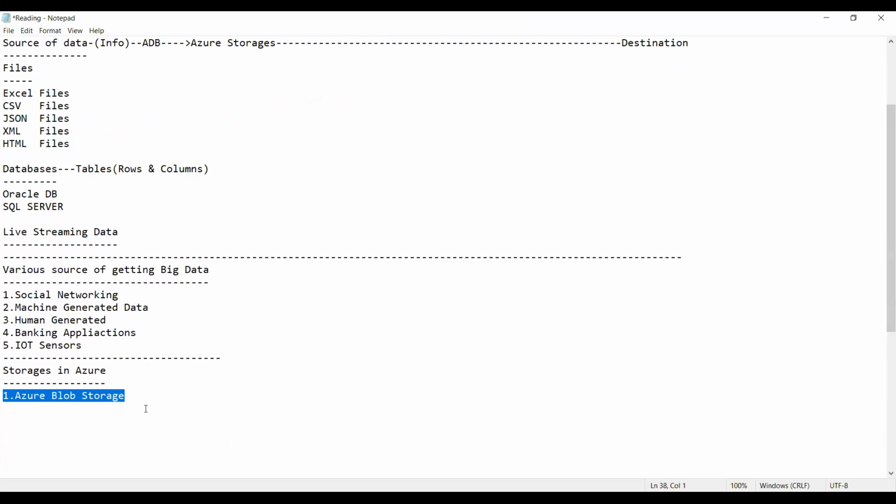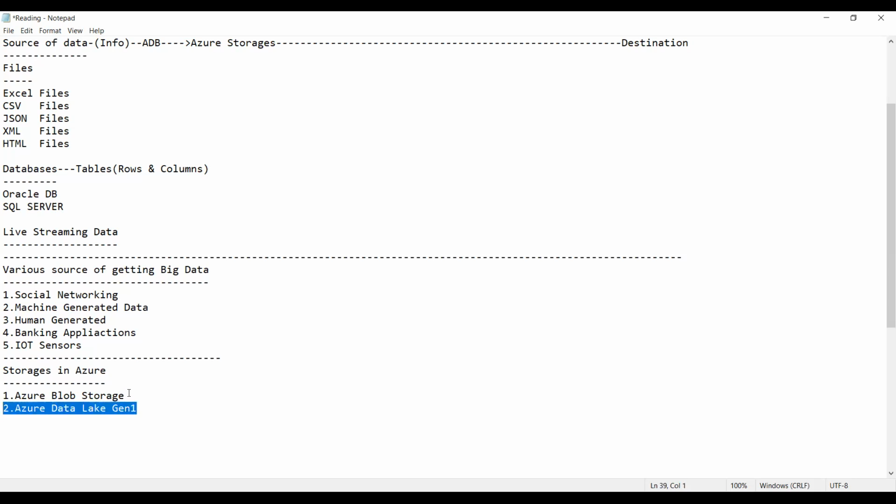The second storage we have is Azure Data Lake Gen 1, Azure Data Lake Generation 1.